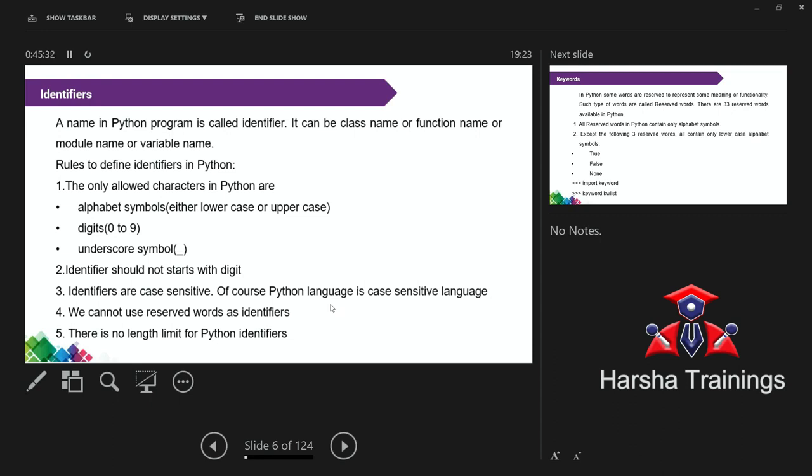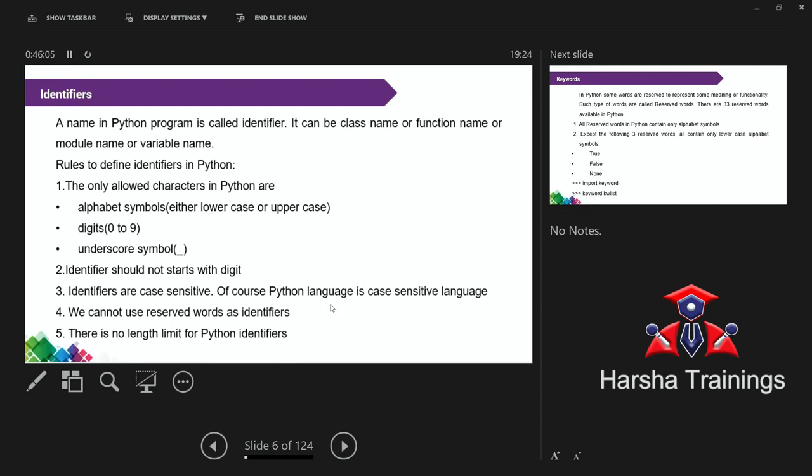You got my point? So again I'm repeating, see this one. For example, a is equal to 5. Here a is the variable. What is the length of the variable here? 1. ab is equal to 5. Here, is ab a single variable or 2 variables? No, remember ab is a single variable. If I am separating with a comma, then only 2 variables. ab is equal to 5, in the sense that is a single variable. abc is equal to 5, that is also a single variable.